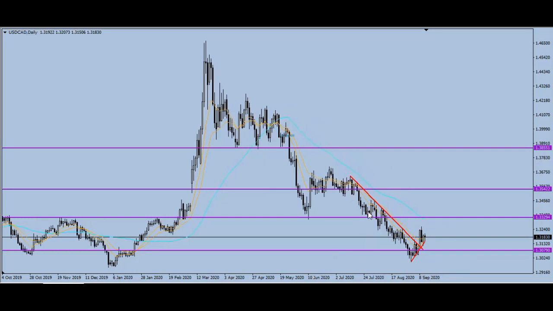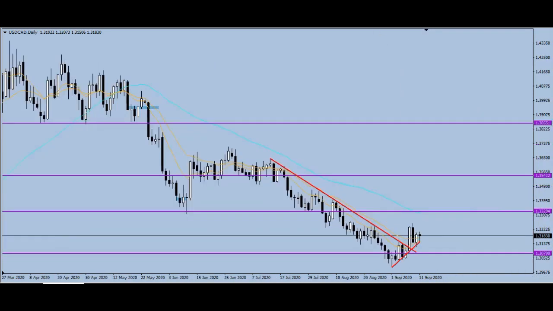You can see how price has respected it a couple of times on its way down until it finally broke with this impulsive move to the upside. And after the break, we've already seen the retest. Okay, let me enlarge this a bit. So we can already see that the retest has occurred on